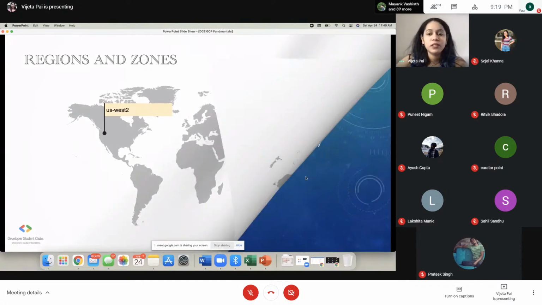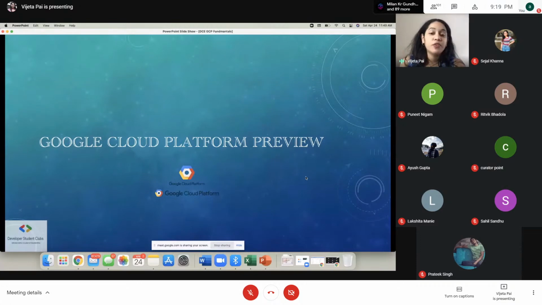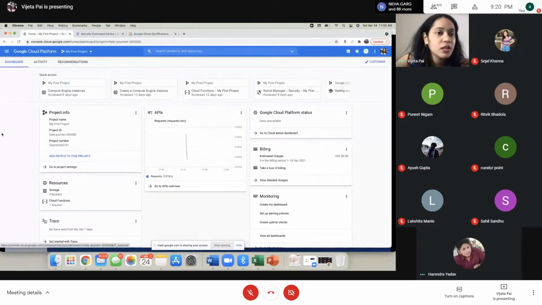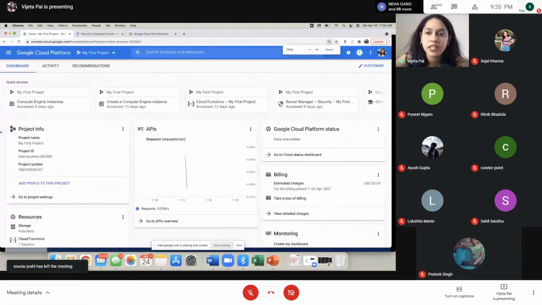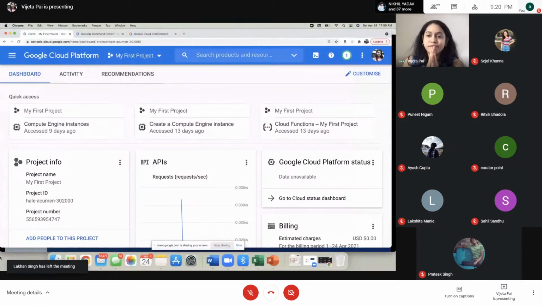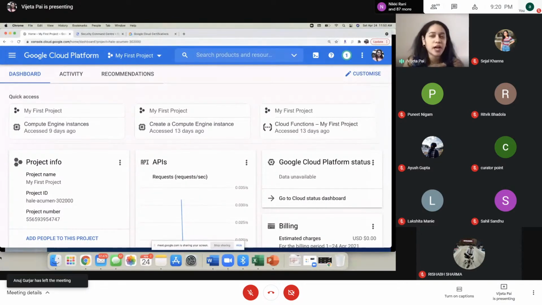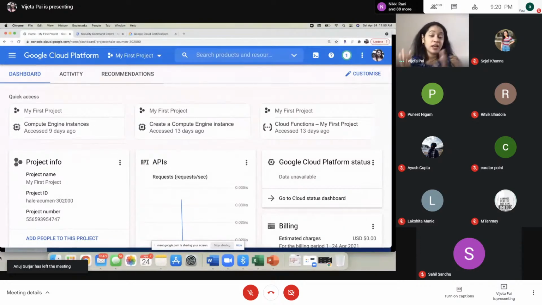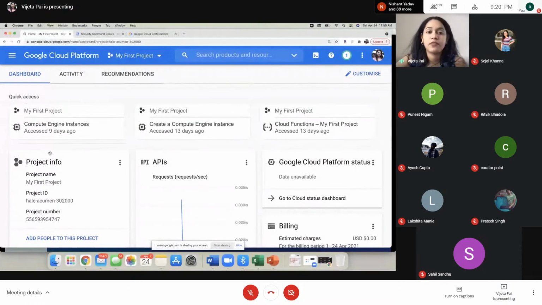Now, I'm going to give you a preview of Google Cloud Platform, because we are talking about cloud again and again. So you might be wondering, how does a cloud actually look like? So what I'll do is I'll just share. I'm going to expand this, as some of you might be on your mobile devices. This is how Google Cloud Platform looks like. Very easy, right? It's just like any other website that you all are accessing. You don't have a physical data center where there are so many wires, racks, servers, electricity consumption. This is just like any other website.